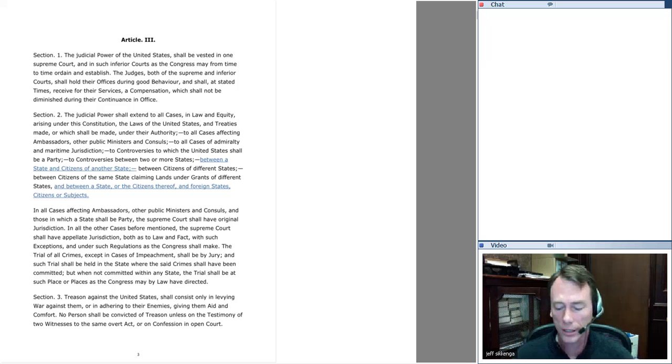Sometimes this has been called by contemporary scholars the notion of an imperial judiciary. That the court begins to think of itself as the emperor of the country, deciding everything for the country. Brutus, number 15, published way back on March 20th of 1788, makes exactly that argument. It says, yes, it'll be so independent, it'll be too independent.